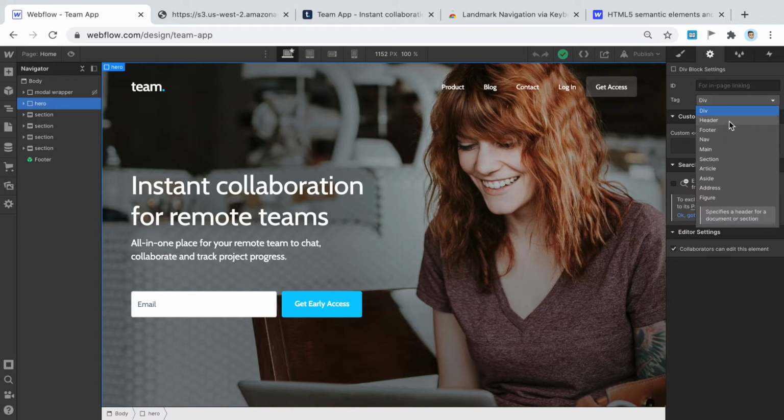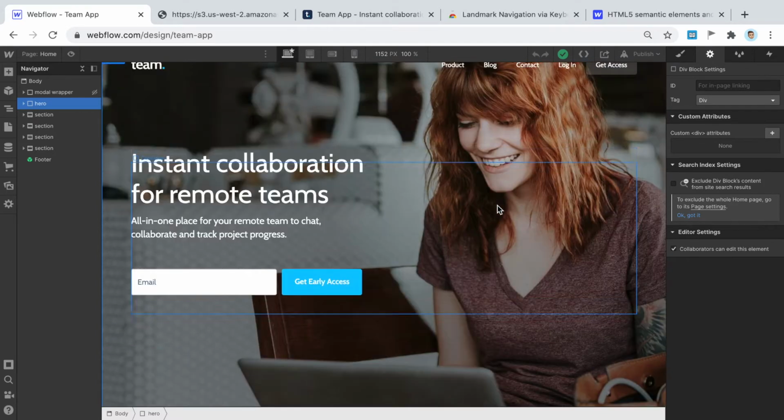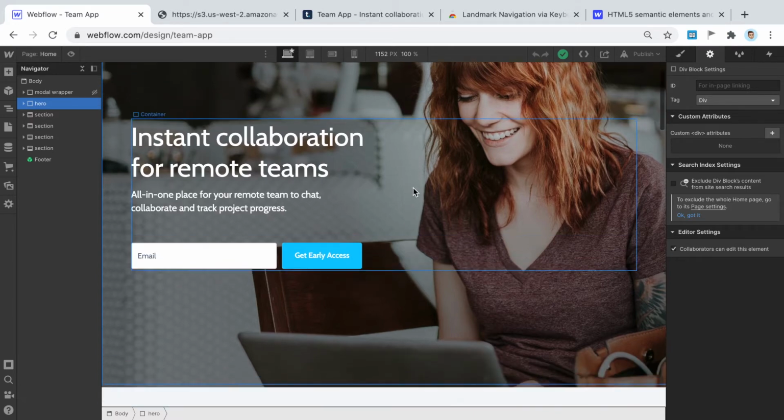So header specifies a header for a document or a section. There are many different ways to go about it. Usually one definition is that you use a header not just for the page, but for a header of any sort of section that you're going to define. So where would I use header in this case? I might not even use a header because there is no clear header,